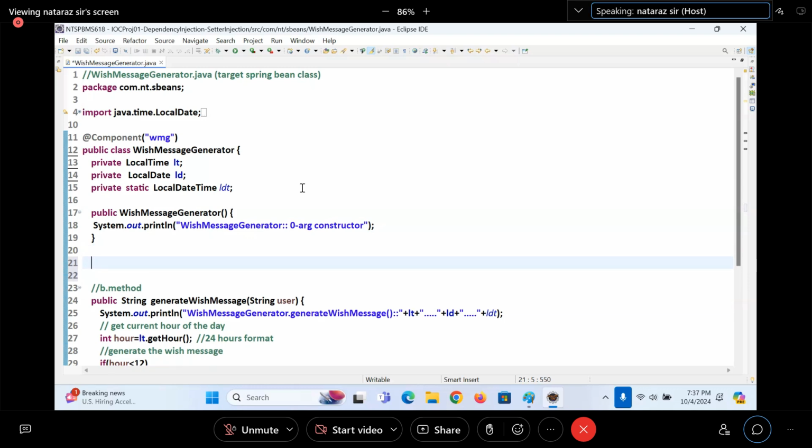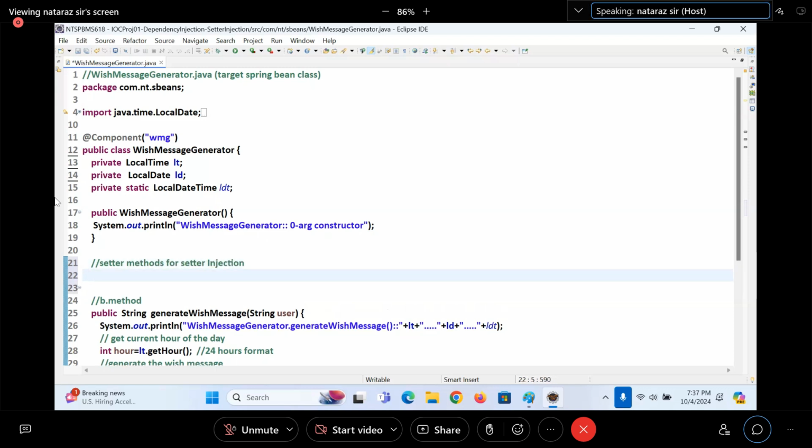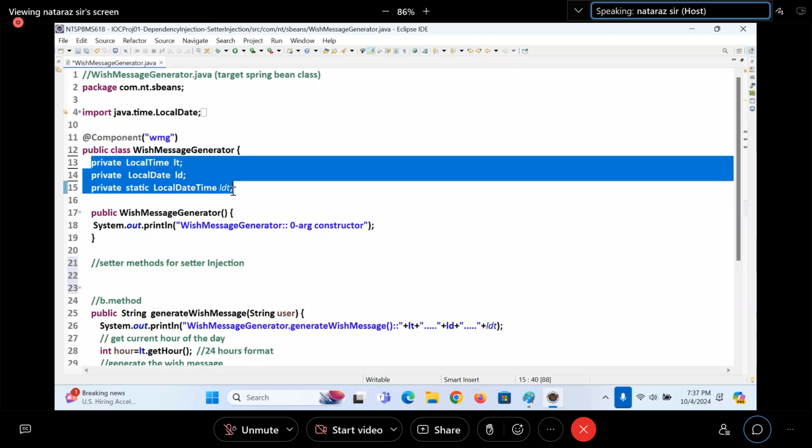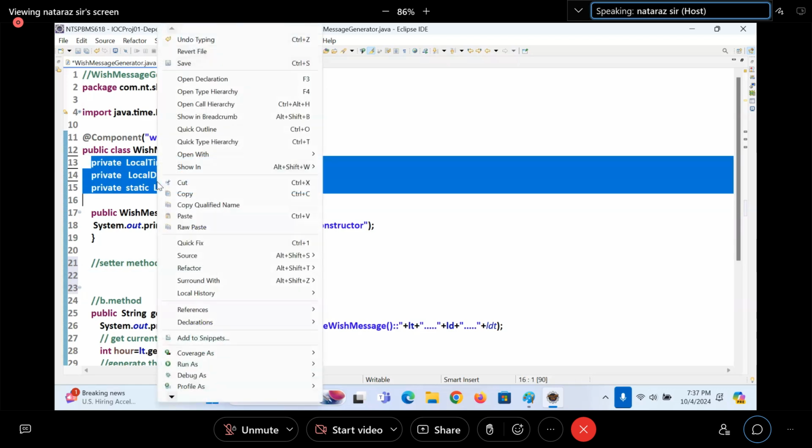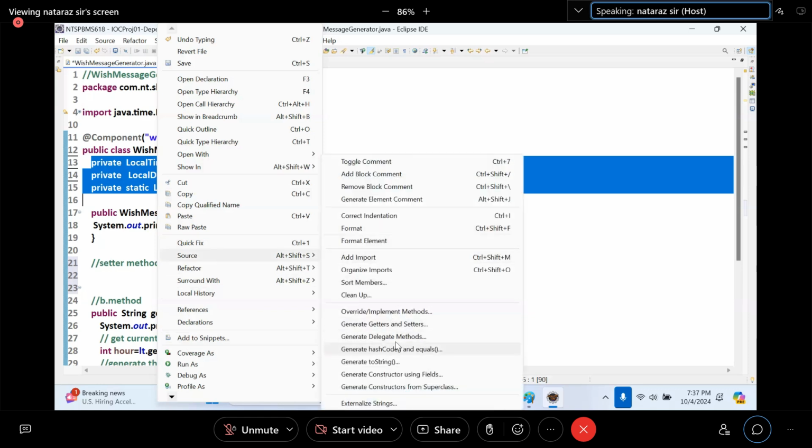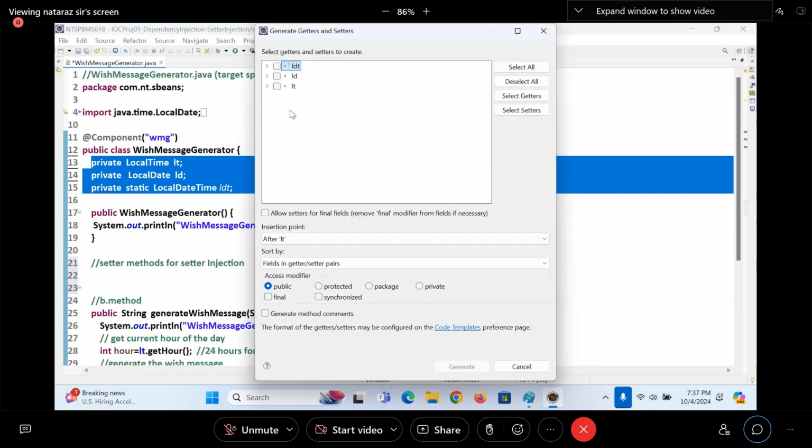Here I want to get the setter methods, right? There's a shortcut key to get setter methods for setter injection. Right click, Source, Generate Getters and Setters.